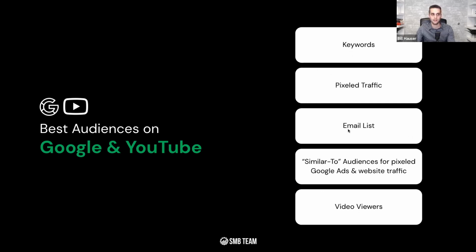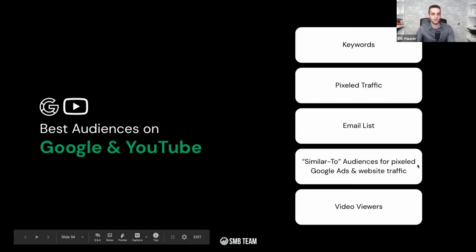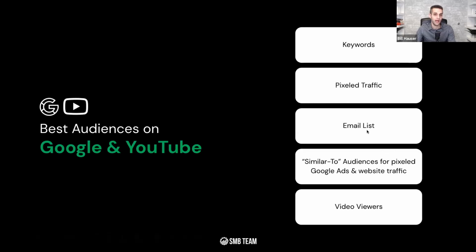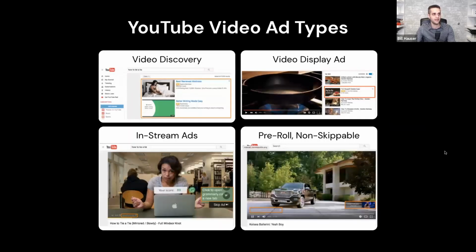And if you have a big email list, you can always upload your email list and target them as well. All right. And also, by the way, if you're running Google ads, you can just show ads to an audience that's called the similar to Google ads audience, meaning Google will take all the criteria that's similar to the people who are interacting with your Google ads, and immediately, okay, you can show ads to people who have similar online search behaviors and demographic filters.